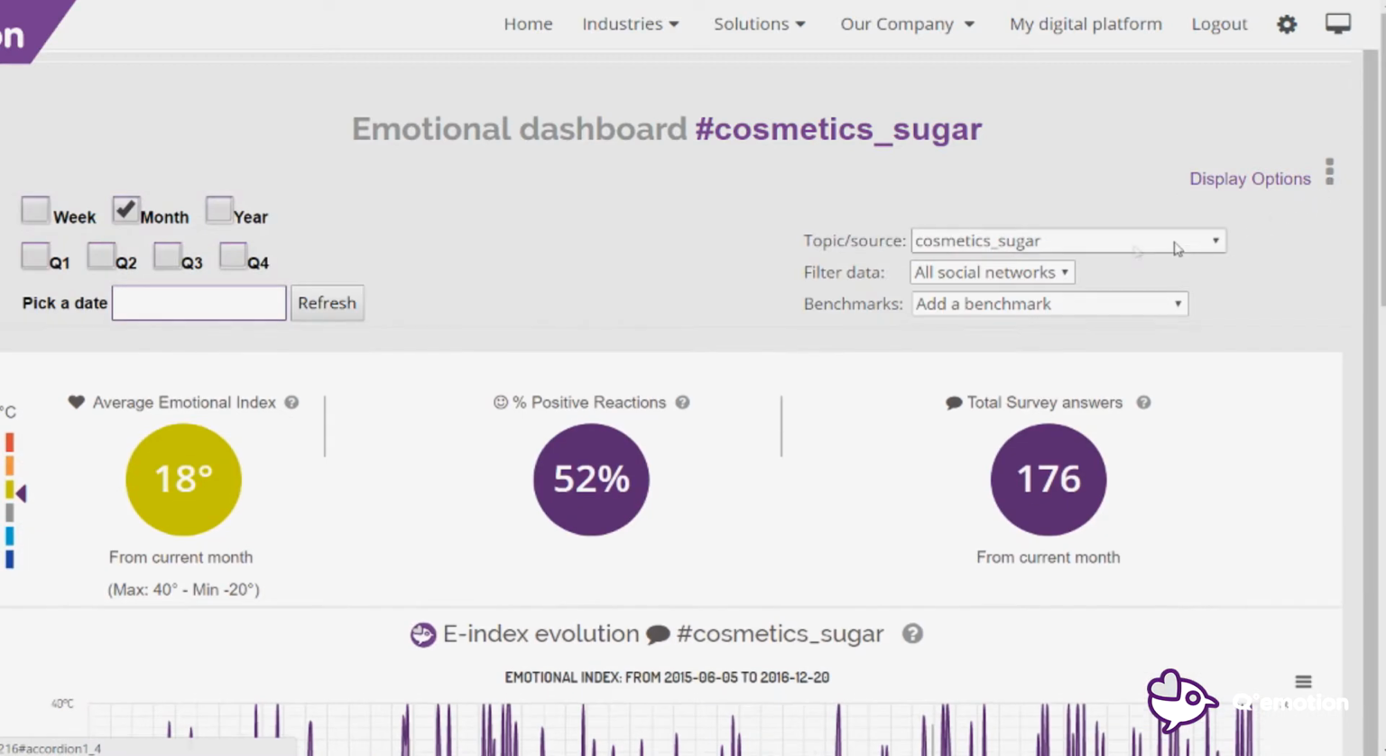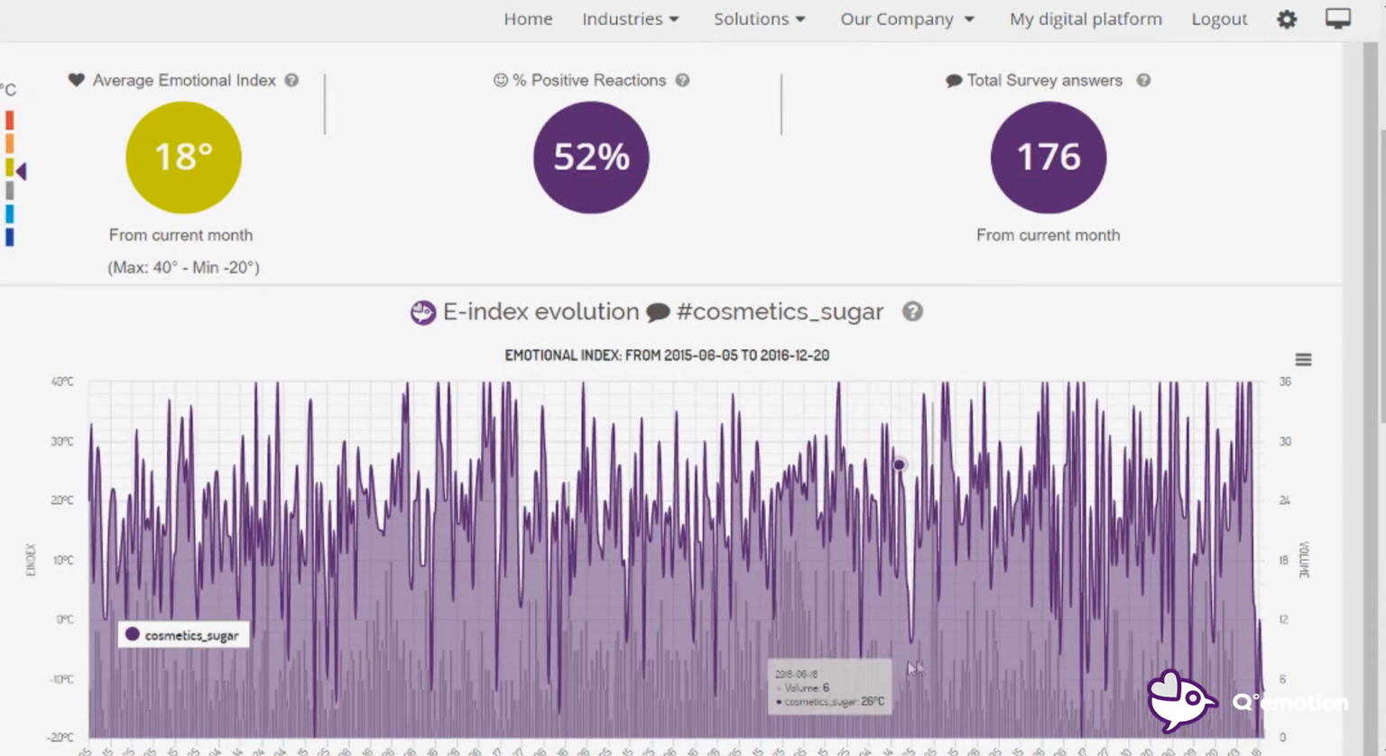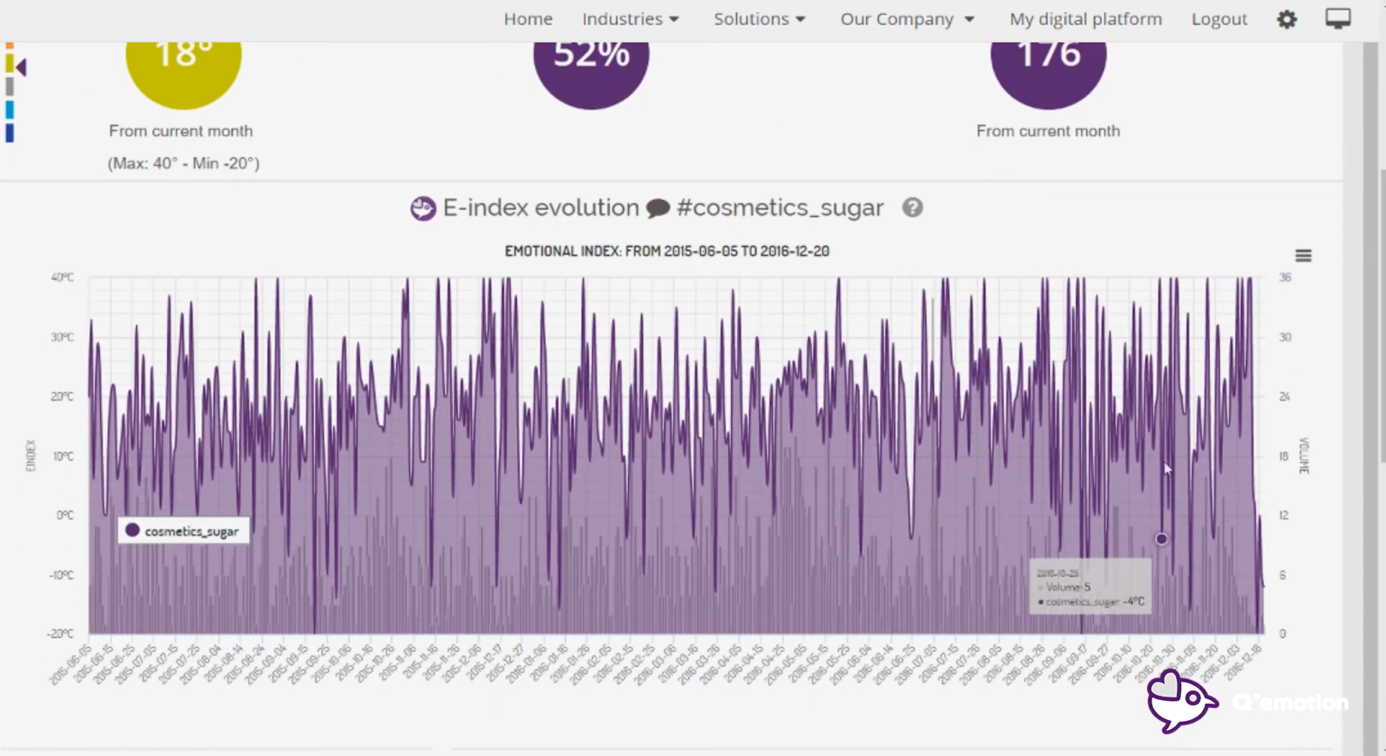Today we are going to see the example of Sugar, a cosmetic brand. You can see that you can choose your selected period. You can choose the week, the month, or the year you want us to analyze the data for. You can have, first of all, a view of the average emotional index represented in heat degrees. You can have the rate of all the positive emotions and the number of data that were analyzed for your